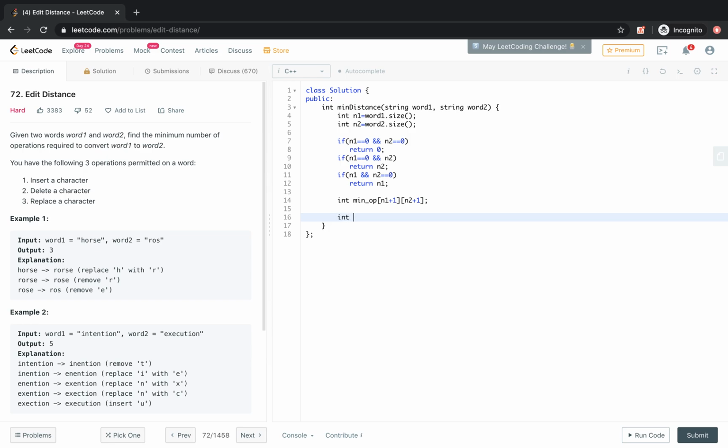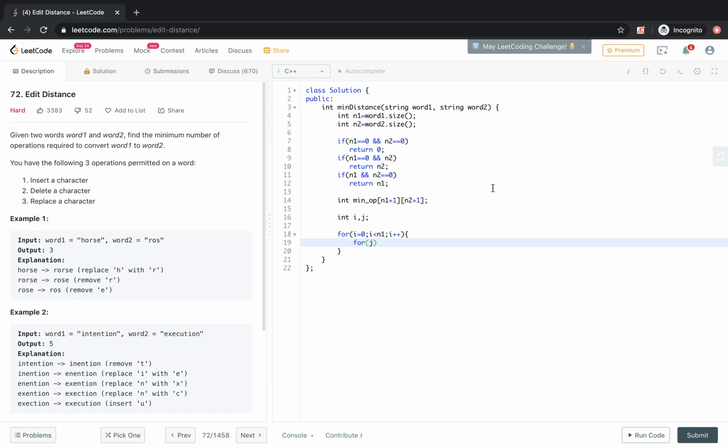We will iterate through the strings, so we are taking two variables, i and j.